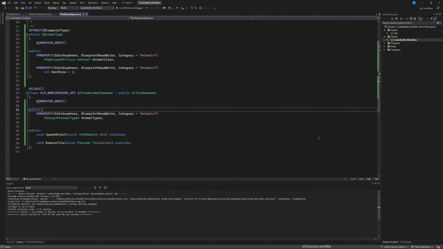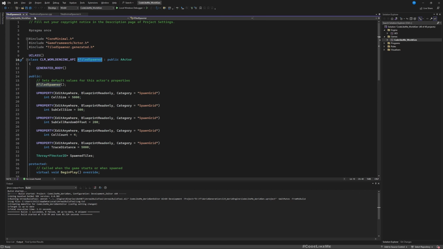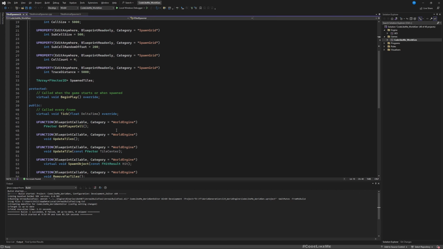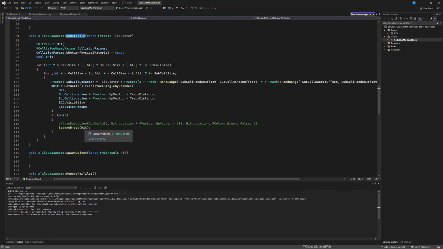so this spawn object has already been called, because as this is a subclass of the tiled spawner, it calls this spawn object from this update tile function here. So what it does is,